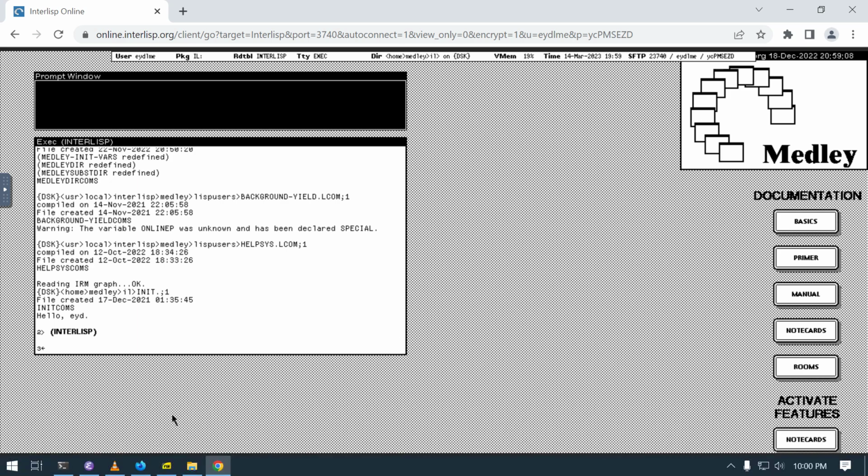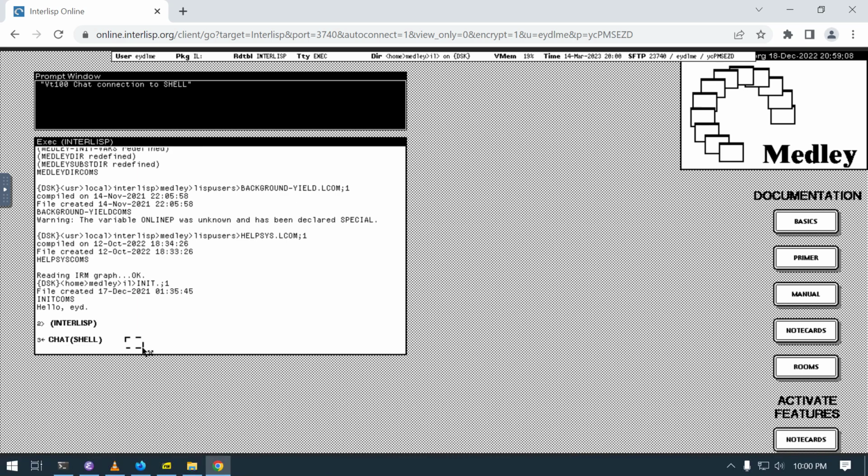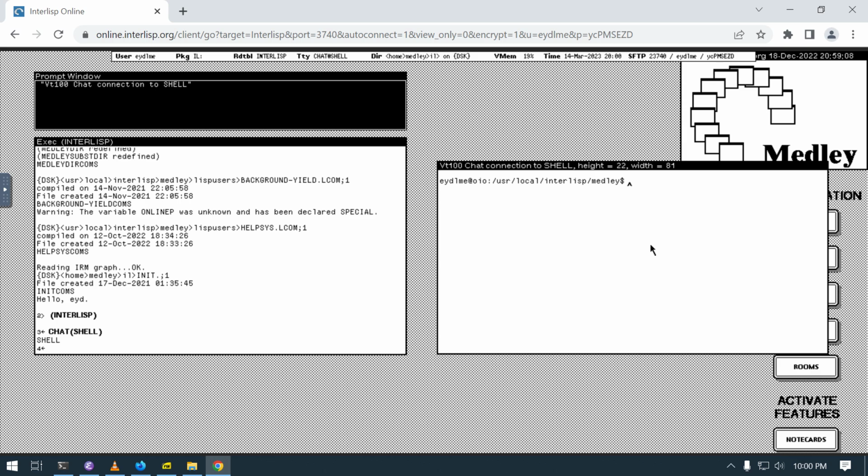I'm going to play with the background images on this one. Once again, in the users, Lisp users. If I was to say chat show, it's just for me easier to work in this window. I'm looking at the host OS, cd into Lisp users, oops,